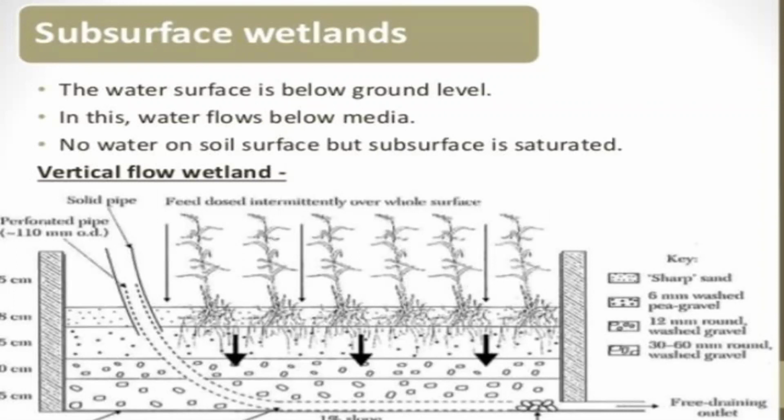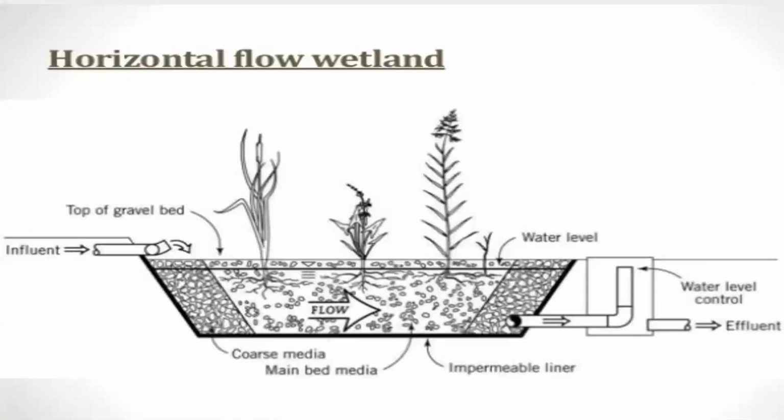Now this figure shows the vertical movement of water. That's why it is called a vertical subsurface wetland. There is layer-wise gravel placed below the vegetation to improve filtration efficiency. Perforated pipes are also present. Next is the horizontal flow wetland, which is similar to the surface wetland discussed earlier, but the difference is that it is below ground. Water enters horizontally, is filtered, and moves out in a controlled manner through the outlet, where we provide an arrangement for water level control.